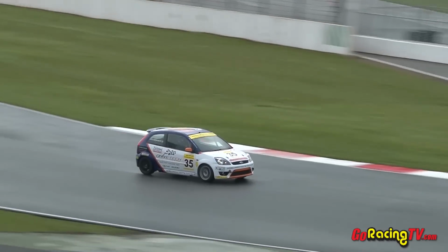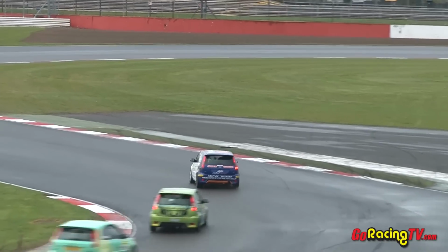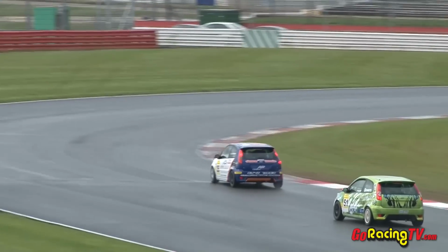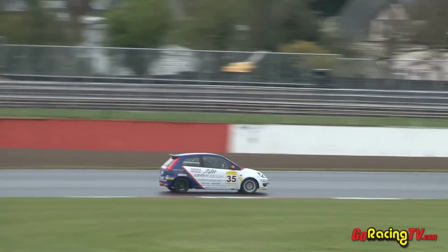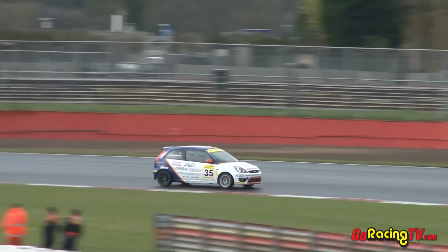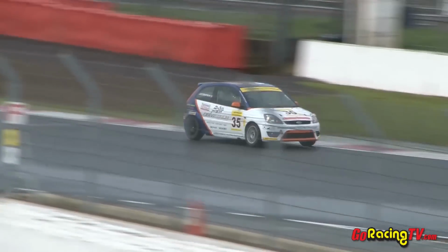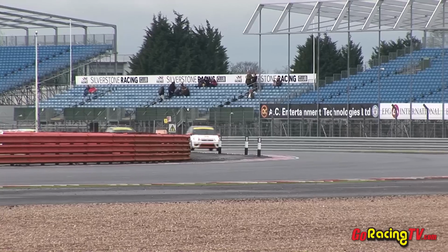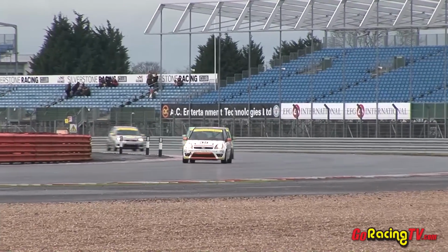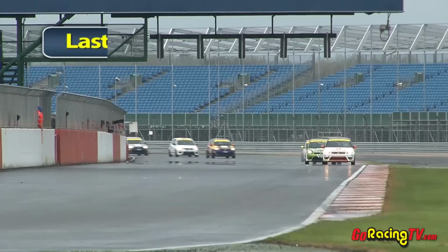All that work that he did to build that huge lead negated by the safety car. It's good for spectators to see that sort of thing go, but it isn't good when you've done all the work and maybe shot your tyres. I suspect that Jason probably hasn't. He's a champion driver from Castle Combe, won the Castle Combe Saloon Car Championship, and he knows how to manage this sort of situation. So around Woodcote corner we go again, and there is Jason Cooper onto the last lap